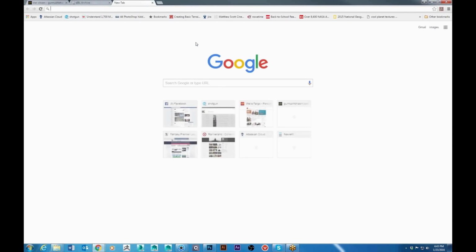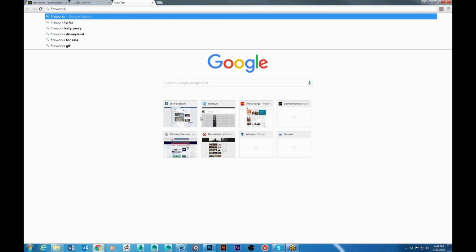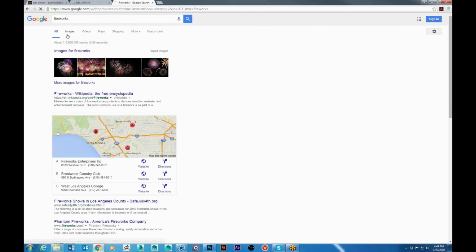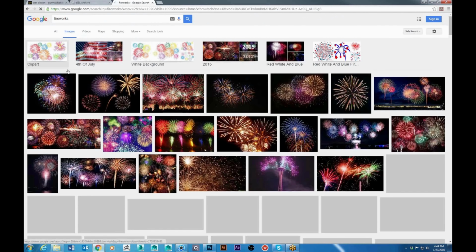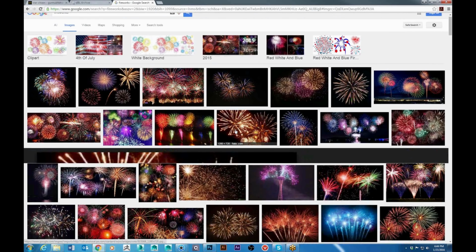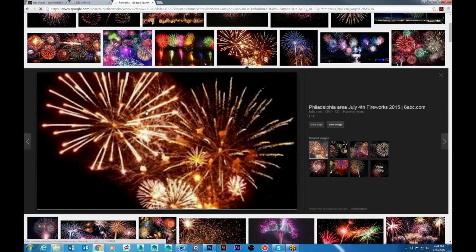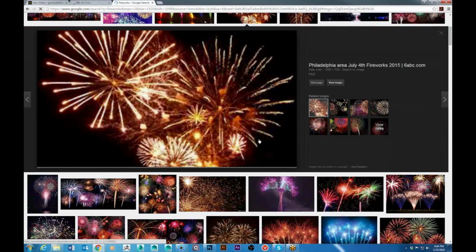And this is how you do your lens flares, your light dust, all that stuff. A good one that I used was fireworks. Go into the images, and maybe something like this could be kind of cool as one thing, and then you'll add a fireball on top of it. So view the image. Let's see. Why is it taking so long? Maybe we'll go to this one, view this image. All right, cool. So copy the image from Google,